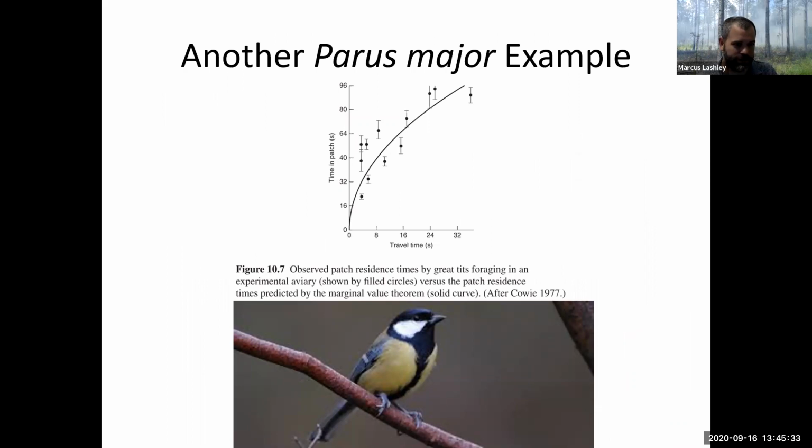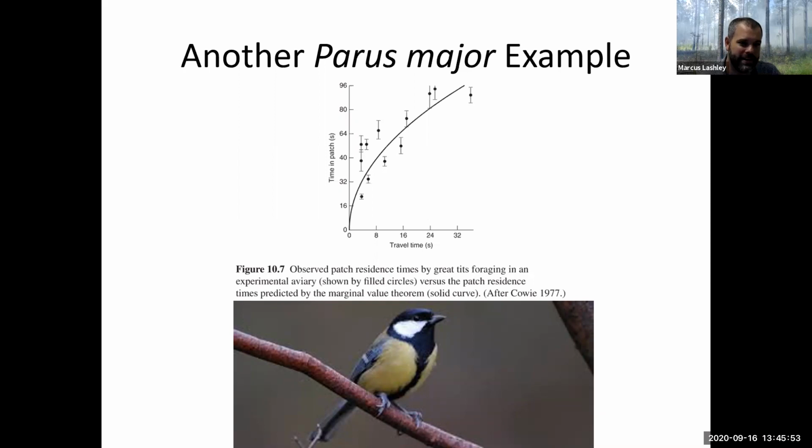So this was a really cool experiment. Again, this is a really well-studied bird, so there are lots of cool examples of animal behavior from it. But basically what we're showing here is they were in an aviary, and they actually had these little containers that they put caps on that had food, different amounts of food, and a cap that was a different complexity to